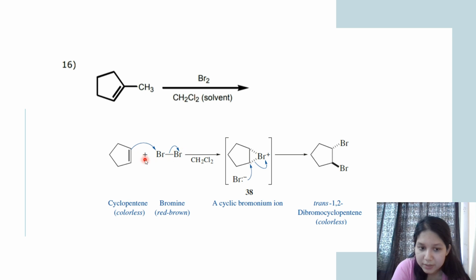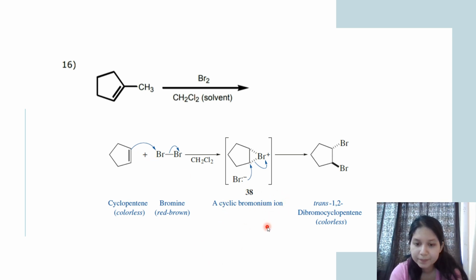So when this double bond attacks one bromine atom, you get a reactive intermediate named bromonium ion, in which both the carbon atoms will form coordination with the bromine. Okay, initially both the carbon atoms get involved with the bromine atom, leading to the formation of this cyclic